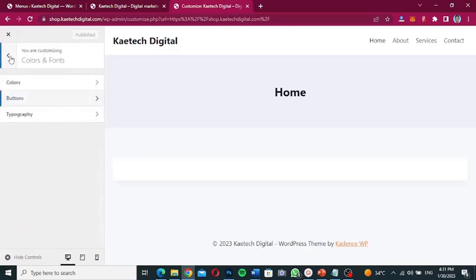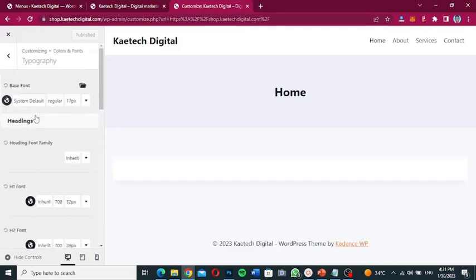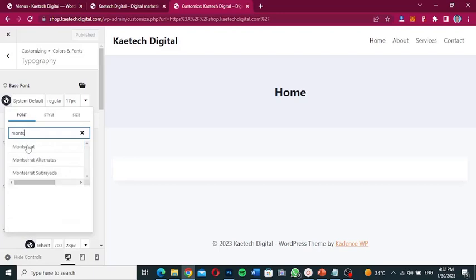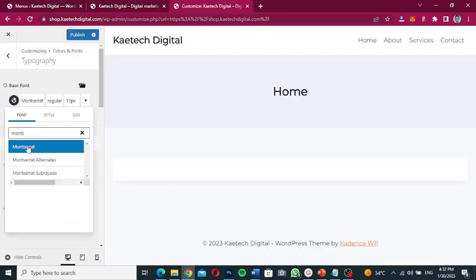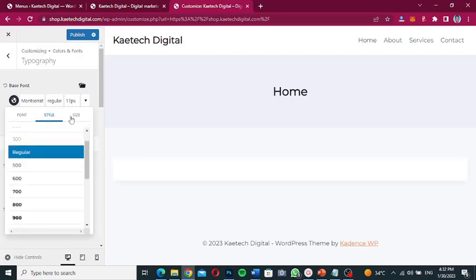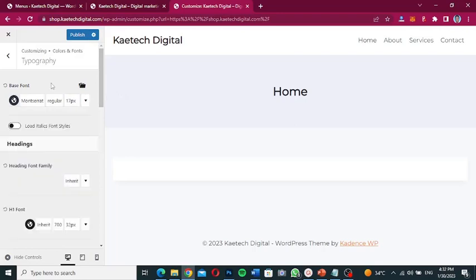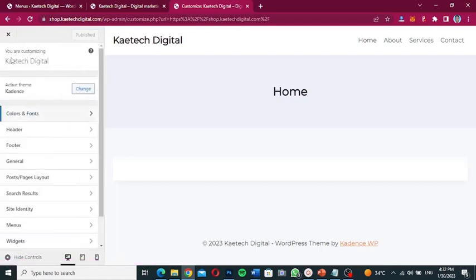take effect. Now I'm going to go back over here, and then with the typography, I can change the base default, the system default for the base font. So I will go ahead and search for Montserrat, because that is what I'm going to use, Montserrat, as my default base font. Okay, so you can go ahead with the style, change it, and even the size however you want it. So as it is, that is it. So now that I'm done, I will click on publish,